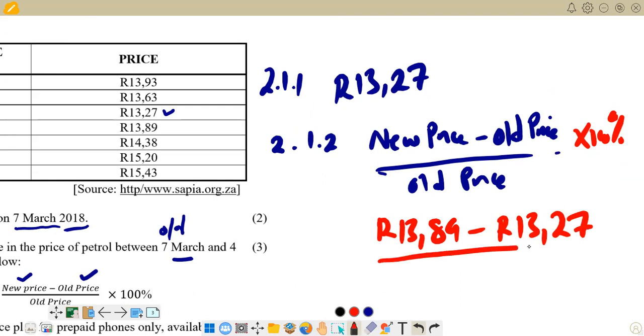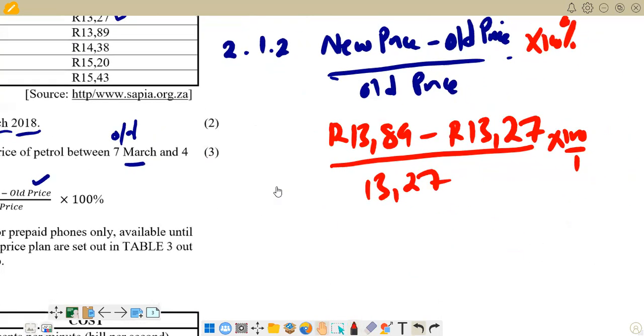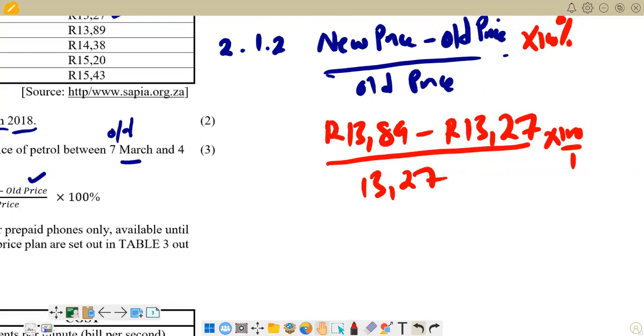Then all over 13.27. Then you multiply by 100 over 1, which is 100%. So with that, if you say 13.89 minus 13.27, you can use your calculator to find those figures. You say 13.89 minus 13.27, the answer that you are going to get there is